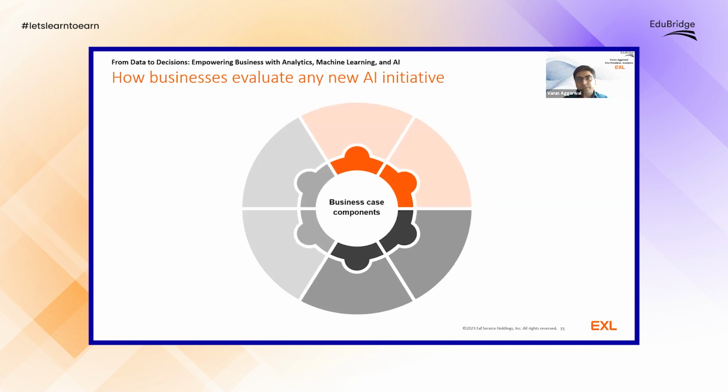Quickly, whenever businesses evaluate any new initiative, what things do they need to keep in mind? They need to know the key trends. It's important for you to understand because either you will be a business decision maker or you will go to business to get a go-ahead on your initiative about AI and machine learning. Then you need to also estimate the market size and ROI. If you are thinking of a new idea and you don't know whether the market is big or whether you are able to generate reasonable returns, your business case will not go through. That's another important aspect.